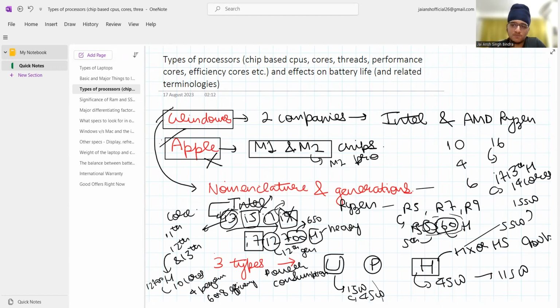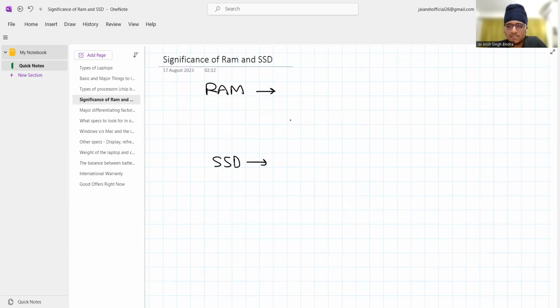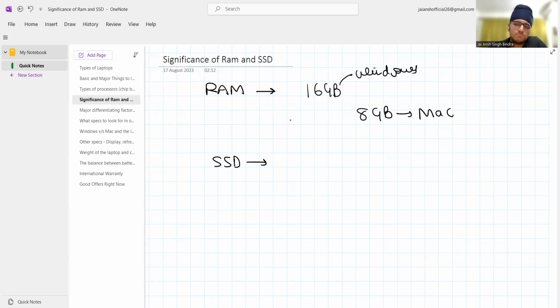into Apple laptops. So yeah, coming to the significance of RAM and SSD. As I already explained, RAM basically controls the flow of events on your screen. It helps speed up the process if you have a higher RAM. Basically, a 16 GB RAM on Windows and an 8 GB RAM on Mac usually suffices. Mac's RAM is typically really good, so 8 GB would suffice on a Mac too. But if you're planning for something ambitious in computer science, don't go for 4 GB or 8 GB on a